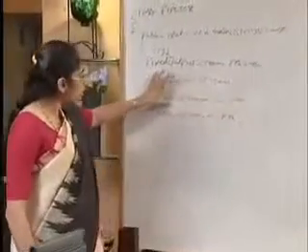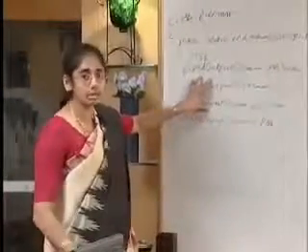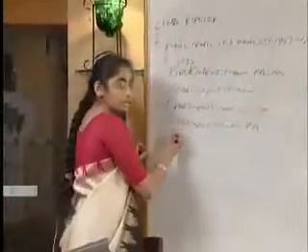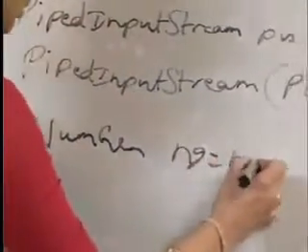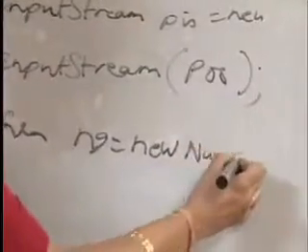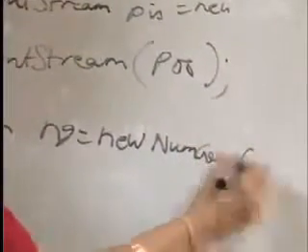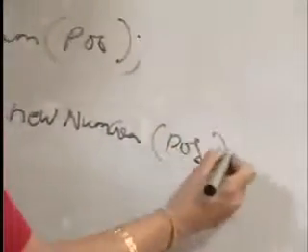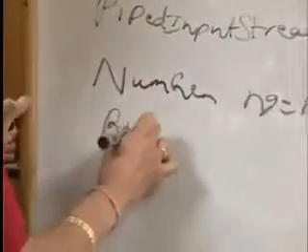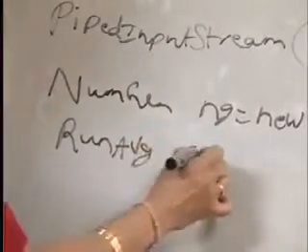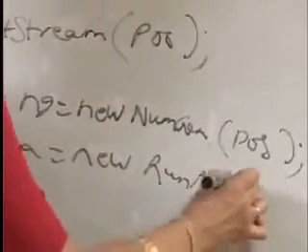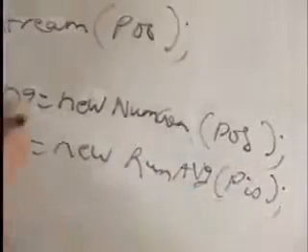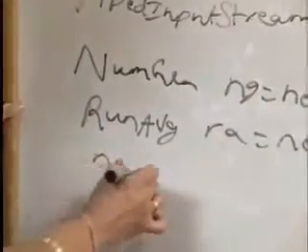So once we have mapped the output stream and the input stream together, now we can create an instance of those classes. NumberGen ng is equal to new NumberGen. Now the number generator class needs to make use of the piped output stream, so it can write into the pipe. So pass that as a parameter here. And RunningAverage needs the piped input stream. Call start on both the threads.